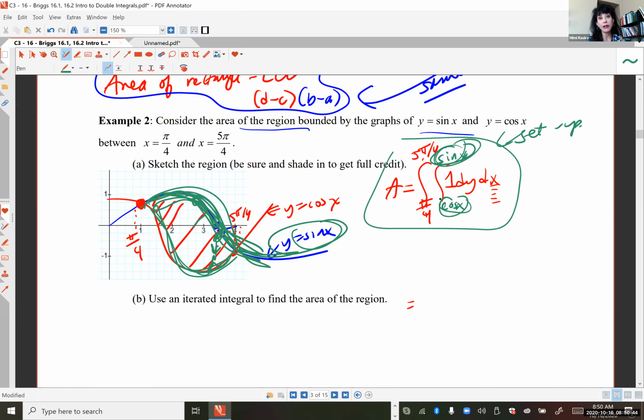Because when you're finding area between curves, your final answer has to be a positive number. Well, do all double integrals only have positive results? No, but when you're using them to represent area, they will. And so if you get a negative number, I'm just going to take away all your points because that should